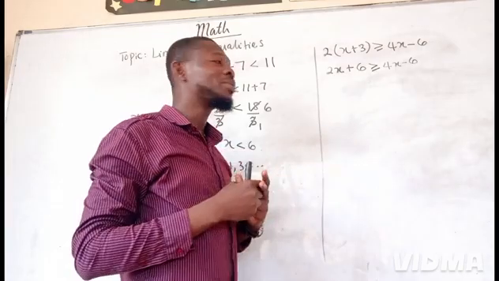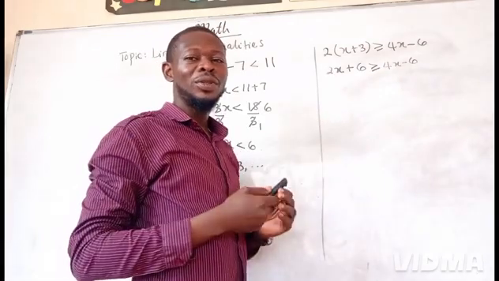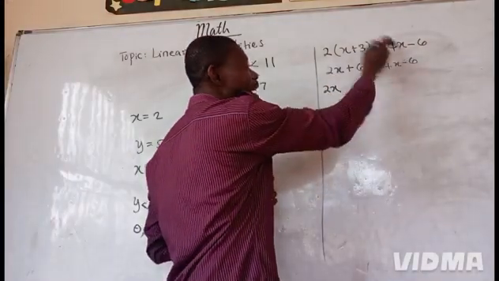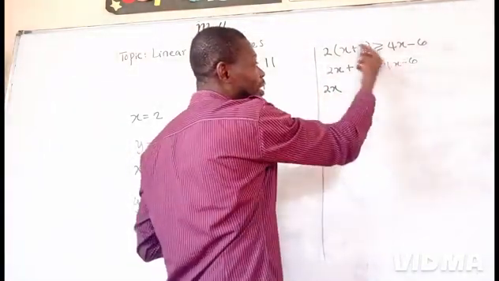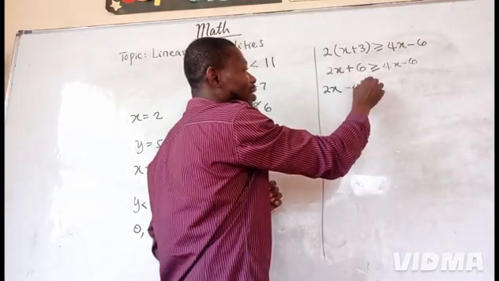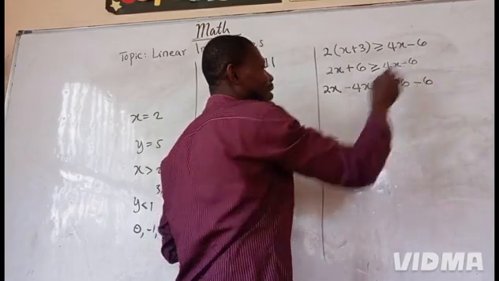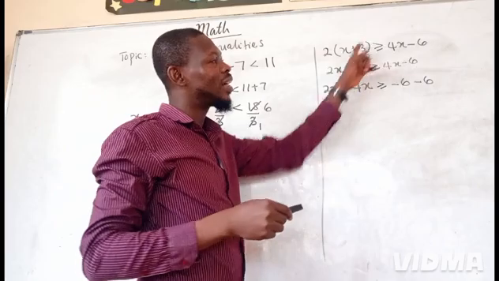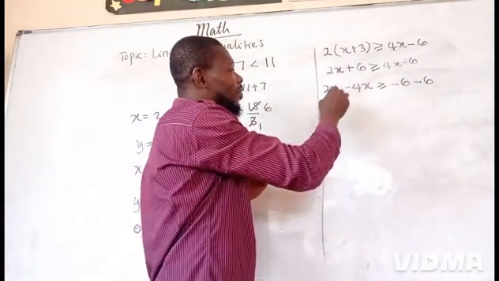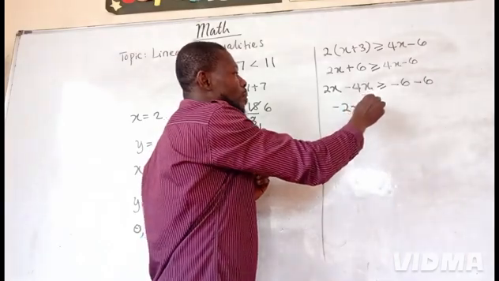We have to collect like terms. The variables will stay together while the numbers will also stay together. If I do that, that would mean 2x, 4x will come over. And when the number crosses the inequality sign, it becomes negative. The 2x minus 4x is greater than minus 6 minus 6, because the 6 went across and it became what? Negative. So solving it, I'll have 2x minus 4x will give me minus 2x greater than or equals to minus